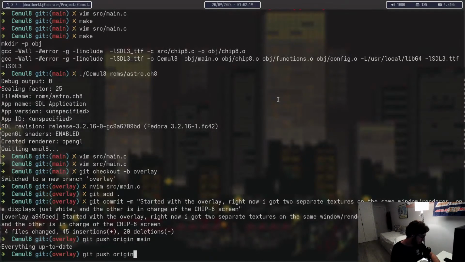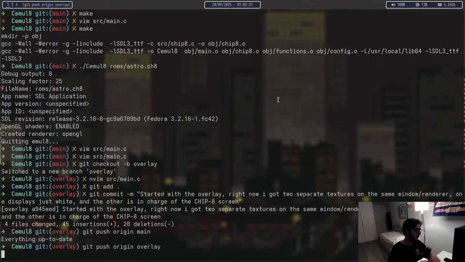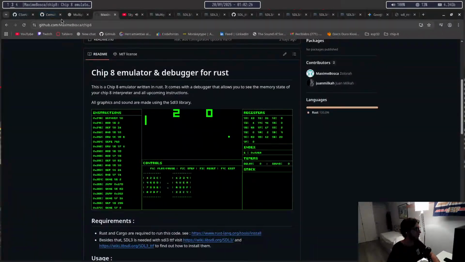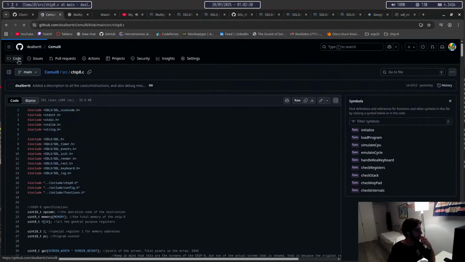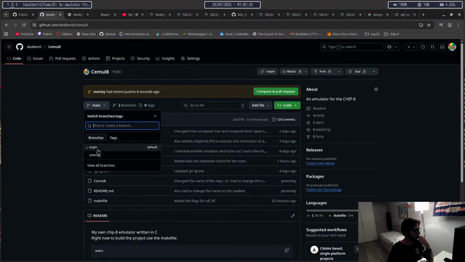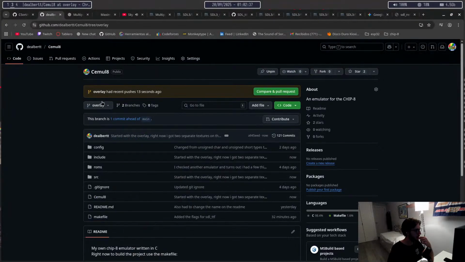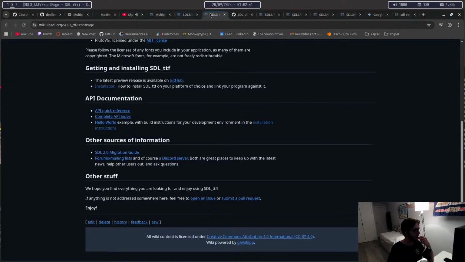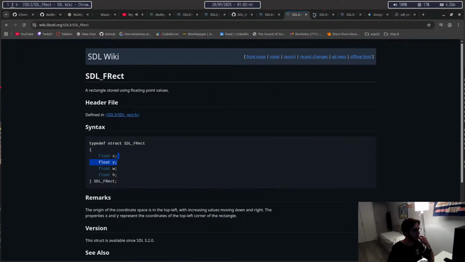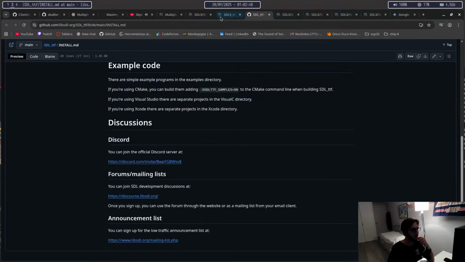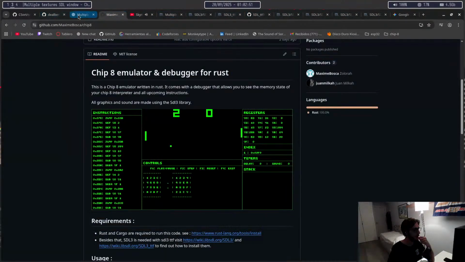Origin, overlay. Okay. There we go. So I do have my dev branch in here, right? Now it should just be a matter of displaying the text that I want to display and updating it correctly. I'm not sure if I should keep